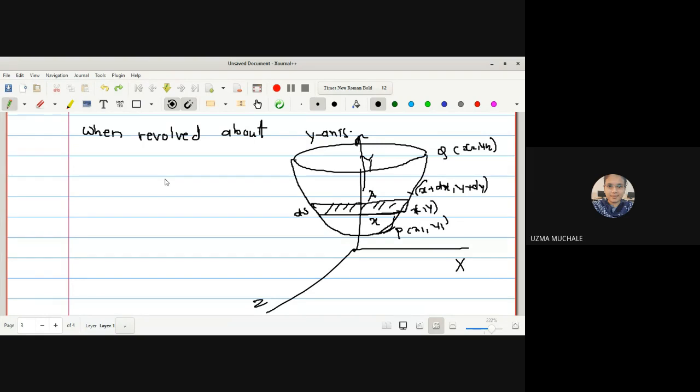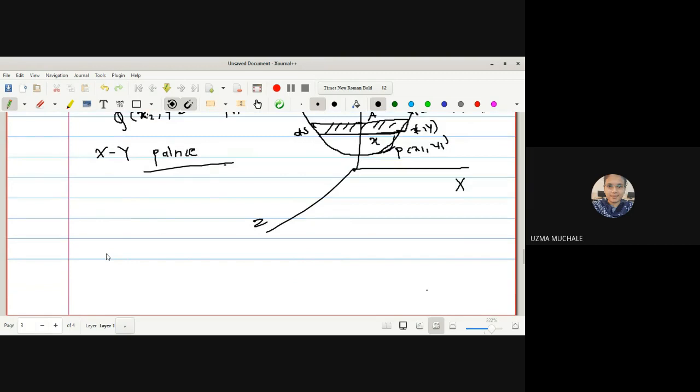Now we have to write down the construction. Consider the 2 points P with the coordinates x1, y1, and Q with the coordinates x2, y2 in the xy plane. First we have considered one curve in the xy plane. You have to consider a curve in the xy plane and revolve it round and round, just like in childhood we did with the toys. So we have to consider a curve in the xy plane and revolve it about the y-axis.